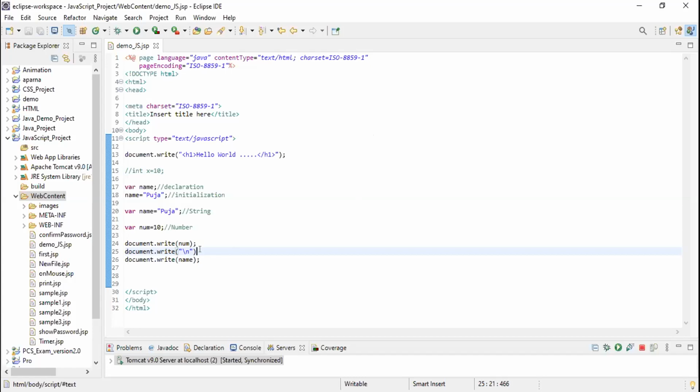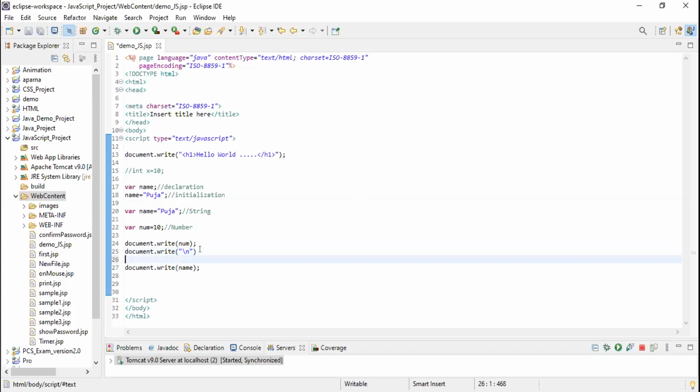Ma'am, slash n brings a space between them.